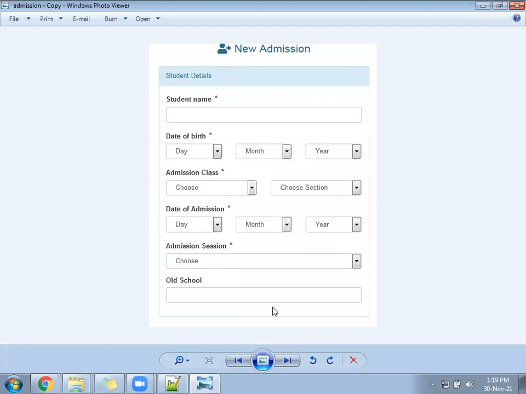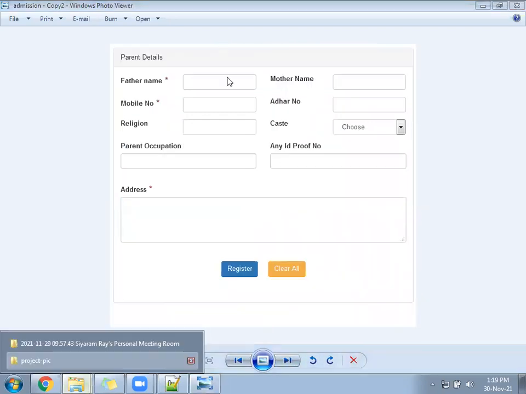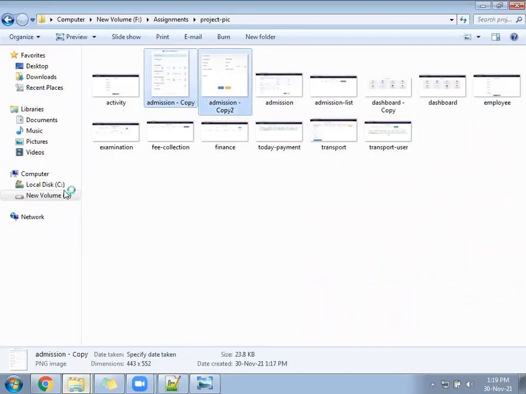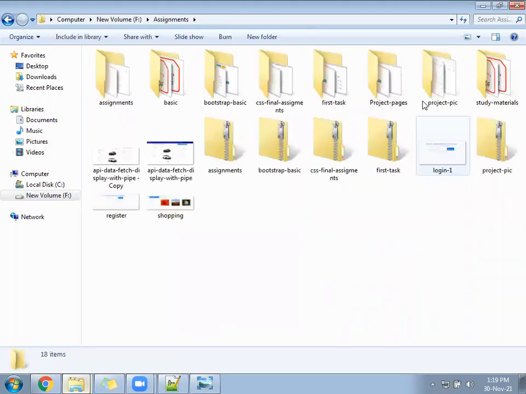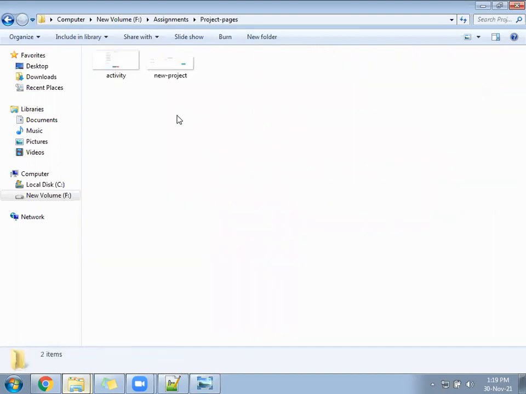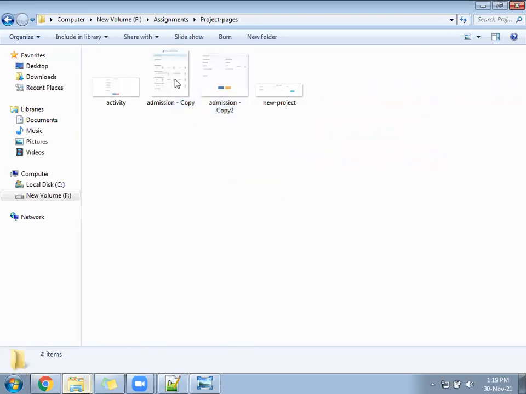And after that, this is the third photo. So I will keep all in one place. It was here under the assignment only. The first photo I have sent you from the project pic. I will send you these 3.